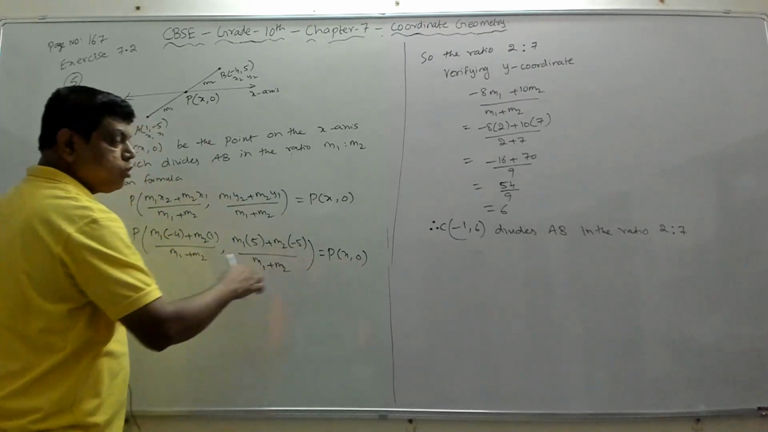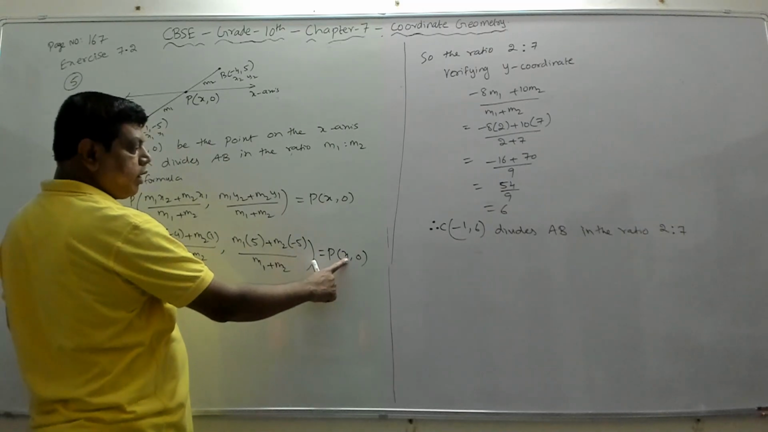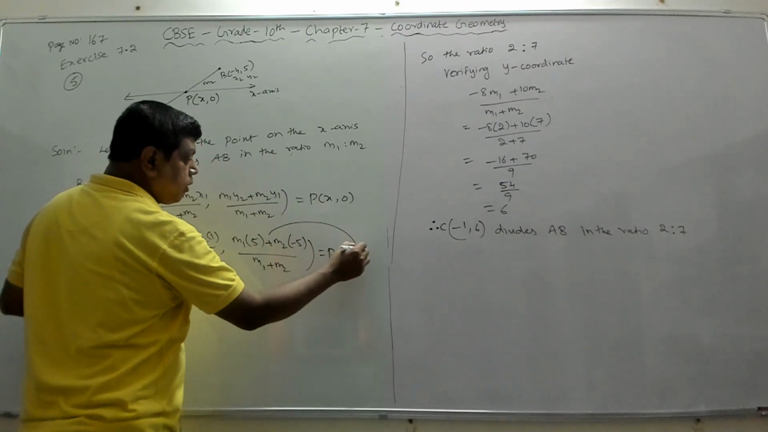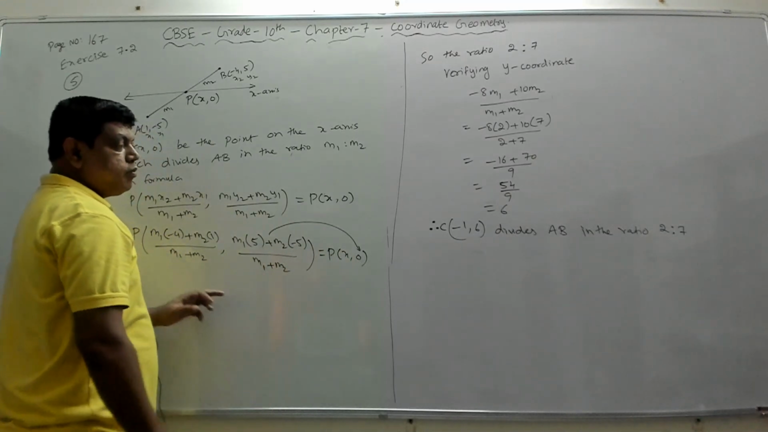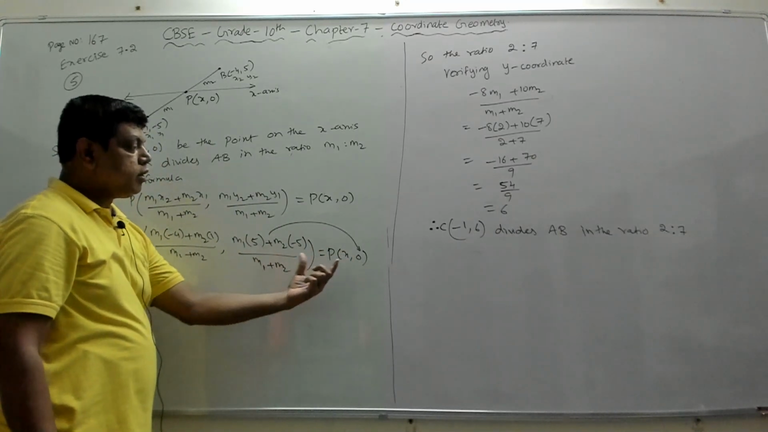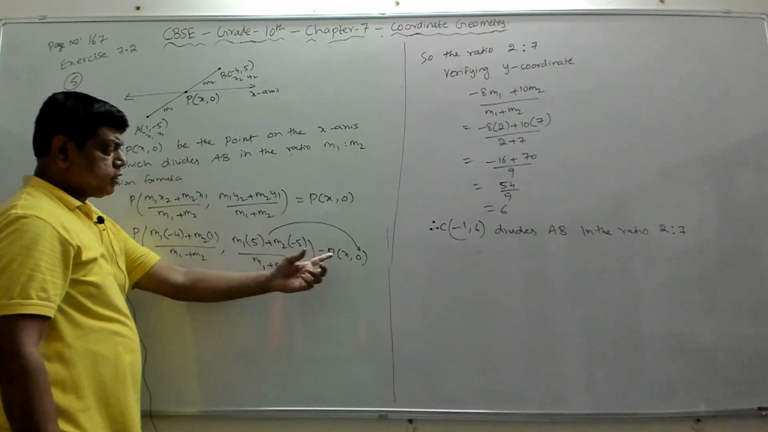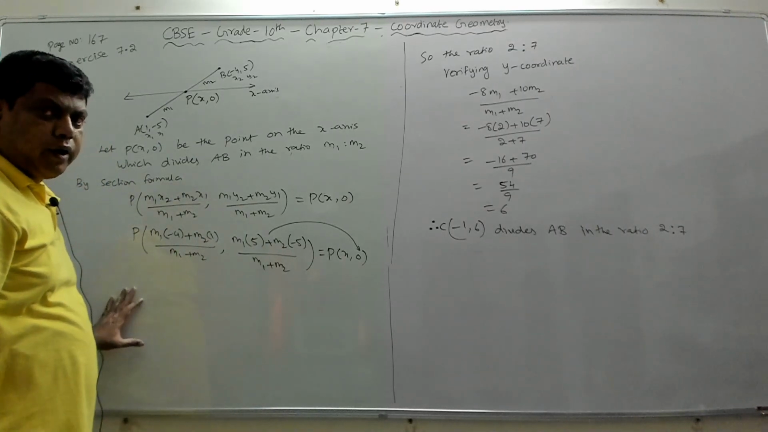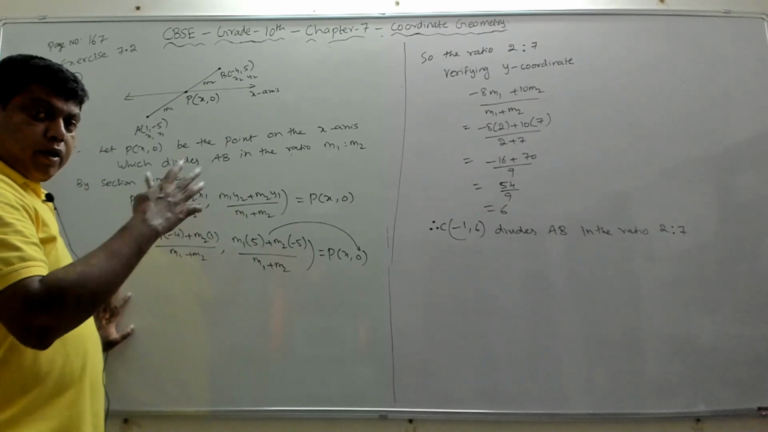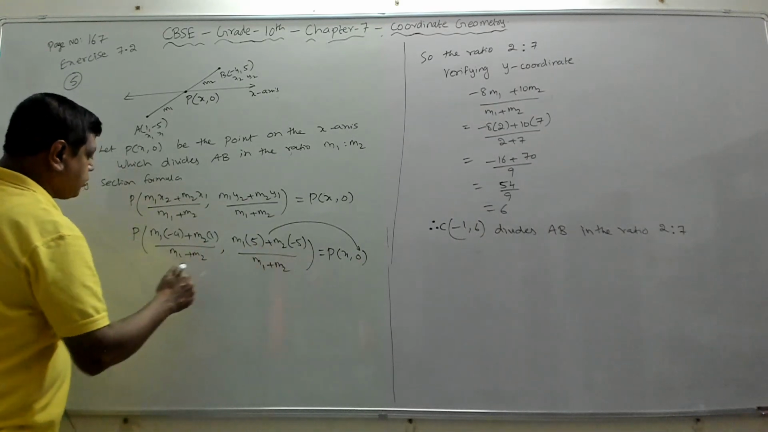Now here we need to equate the coordinates, but we can't compare this with x because we don't know x. So we'll equate y with 0. Whatever coordinate we know here, we'll equate that coordinate. Here we know the y coordinate, so we'll equate the y coordinate with the y coordinate. If we know the x coordinate, we'll equate x with x. If we know both coordinates, we can equate any one of them. But x should be compared with x, and y with y. So now we'll say equating